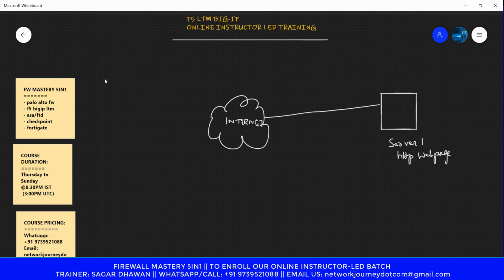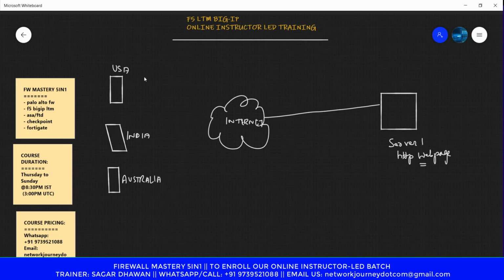On the other side I have some clients. Clients could be from any region. Let's say a client from the US wants to access the web page, or a client from India is trying to access the web page, or a client from Australia.